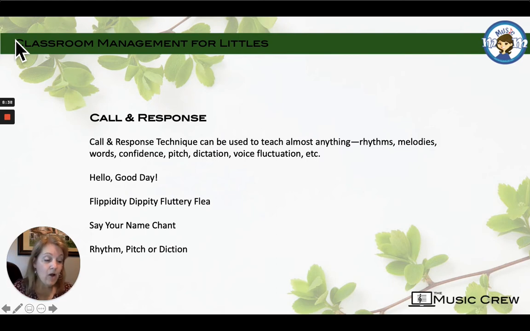Okay? Now, another thing that I like to do is sometimes I may be working on rhythms, just them repeating rhythms so I can see how their speaking steady beat is. I may be working on vocal exploration, so playing with their voices going up and down, sometimes by itself or while we're doing a rhythm. Sometimes I'm wanting individual response and sometimes I'm wanting group response. Usually when I want group response, I do both hands out like this, and that way the kids know I'm expecting all of them to respond.